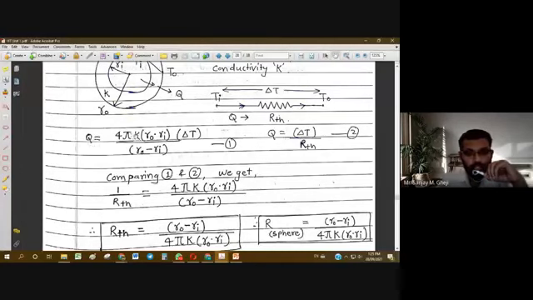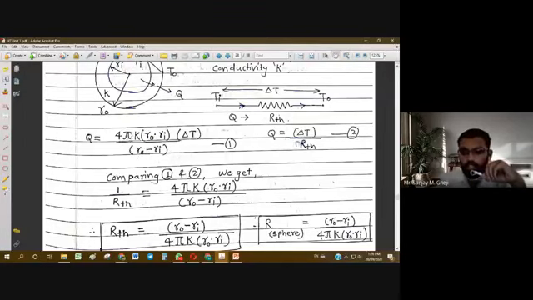The standard formula for a standard case is Q equal to 4 pi K Ro into Ri divided by Ro minus Ri into delta T. Again here, this difference is always outer radius minus inner radius. If you take it Ri minus Ro, then this will be negative, and that will make the answer wrong. So just be careful that this difference should always be positive, Ro greater than Ri. So this should always be Ro minus Ri.